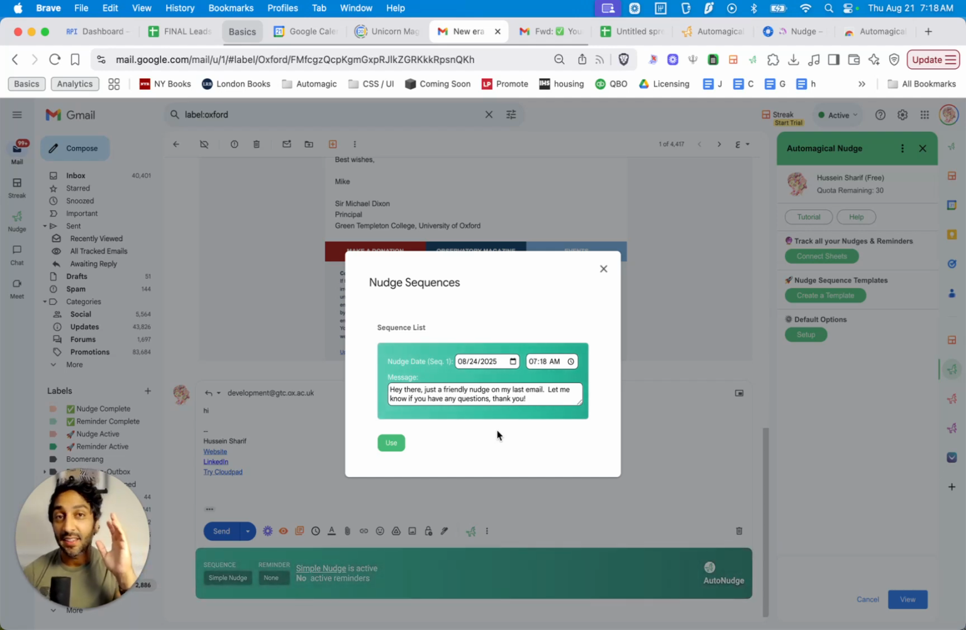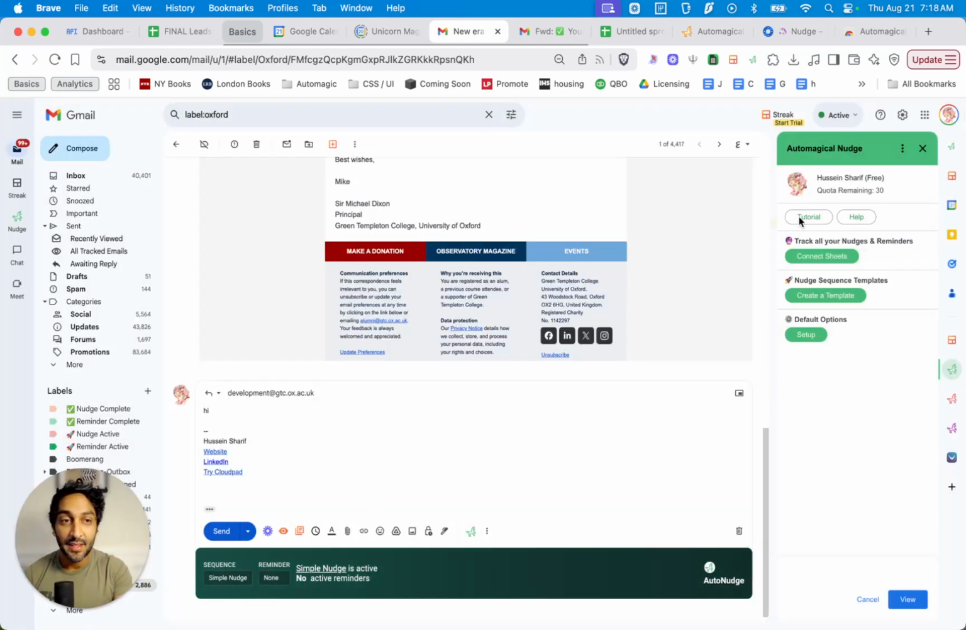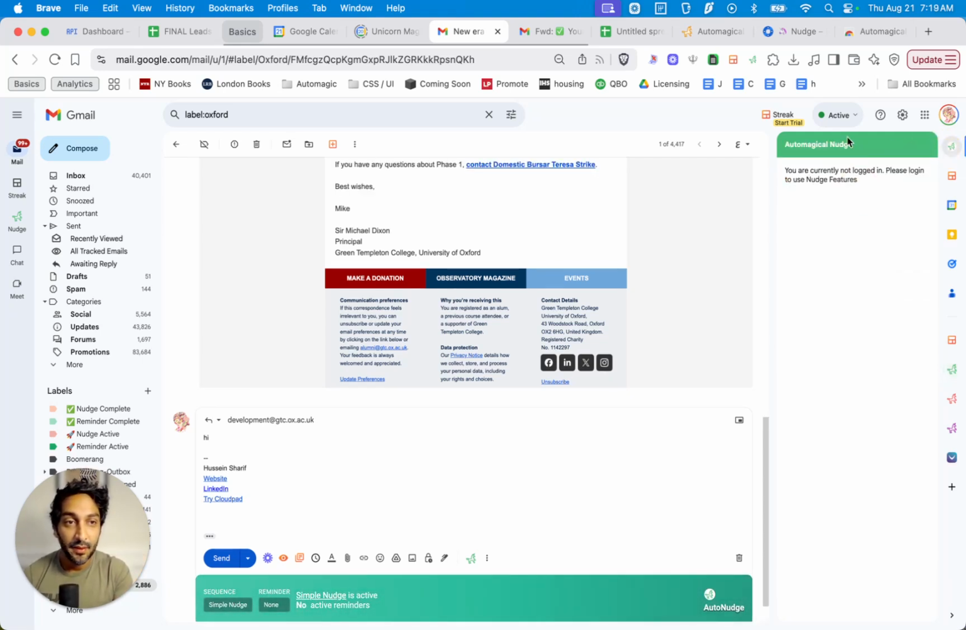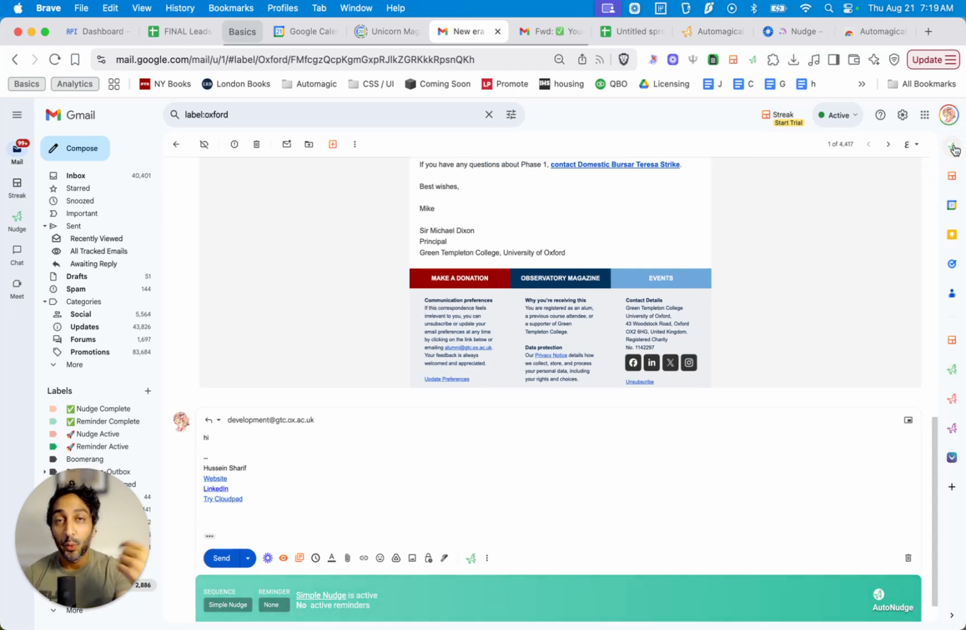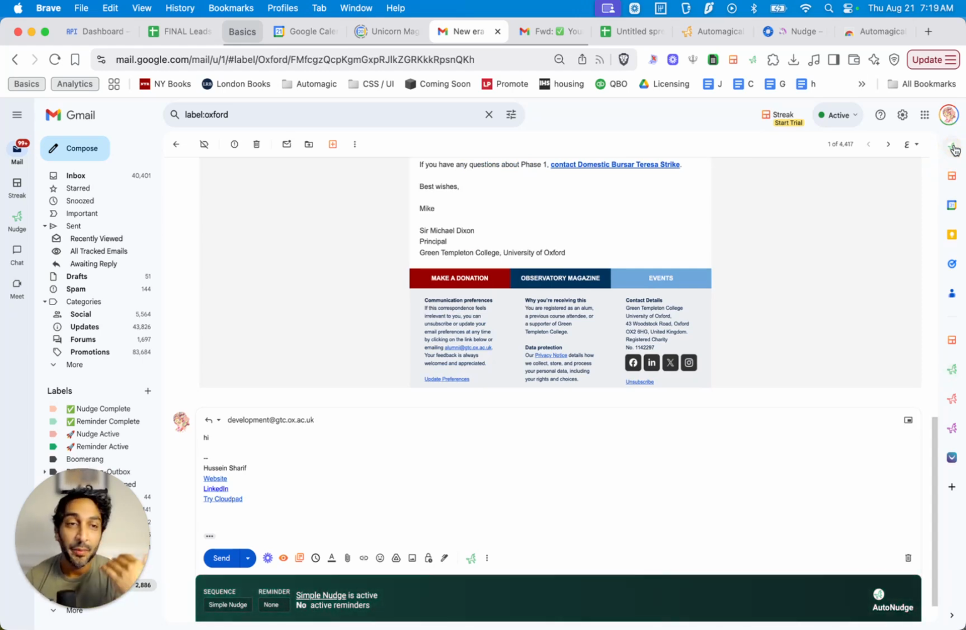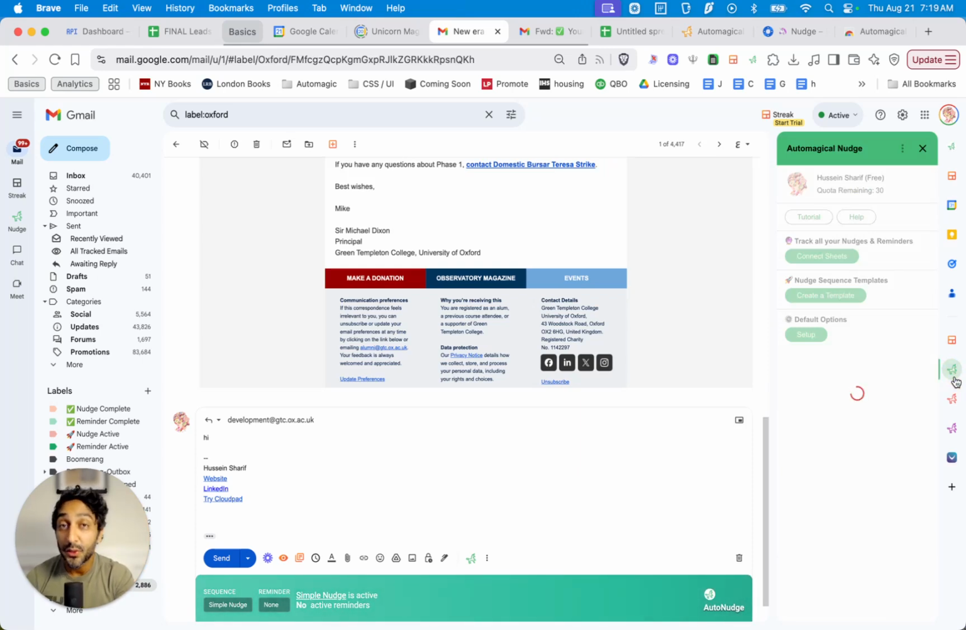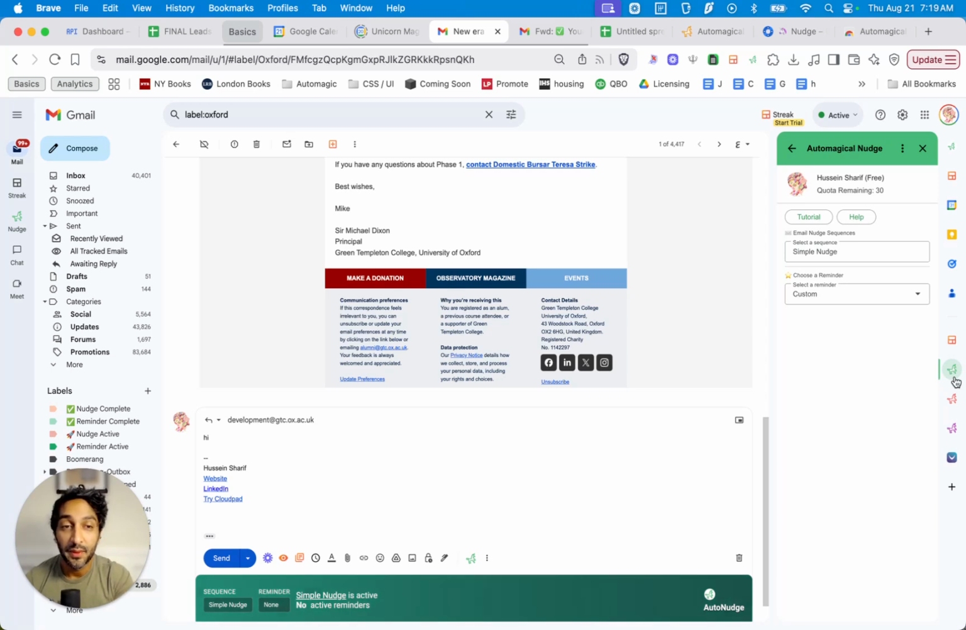If you've already accidentally sent the email out and you want to attach a sequence afterwards, you can always do that in the sidebar here, which is located at the very top, the green unicorn icon for nudge. If I open that up, I just need to refresh my browser. But when you open that up, you're going to be able to attach an email sequence or a reminder to an email that you already sent, or you can use the Gmail add-on by using the lower green unicorn and opening that one up,